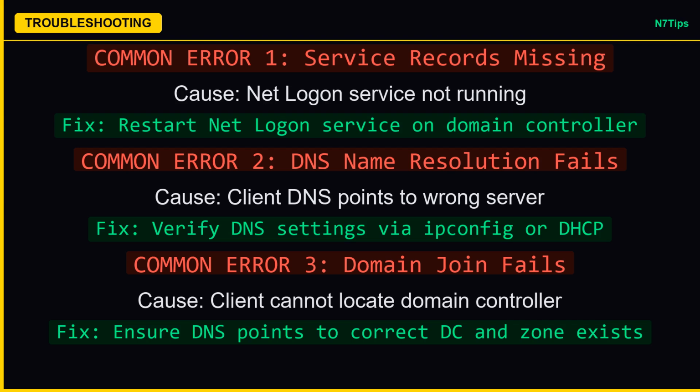Third, domain join fails when you try to join a client to the domain. The underlying cause is that the client can't locate the domain controller, which requires DNS to work correctly. Verify two things. First, that the client is using the correct DNS server, and second, that your DNS zone actually exists in your DNS server. These three issues account for probably 90% of DNS problems in Active Directory environments, and once you understand them, they're